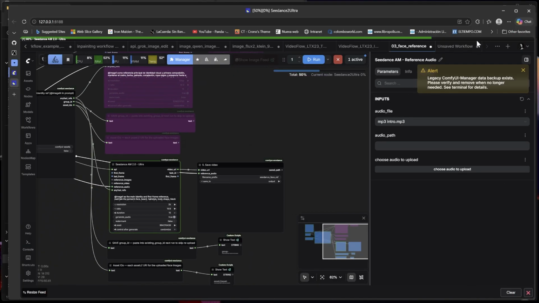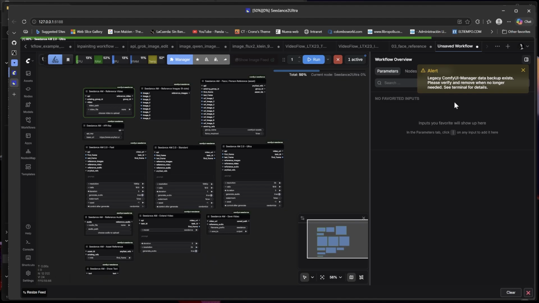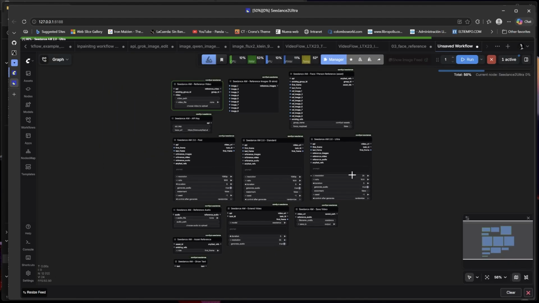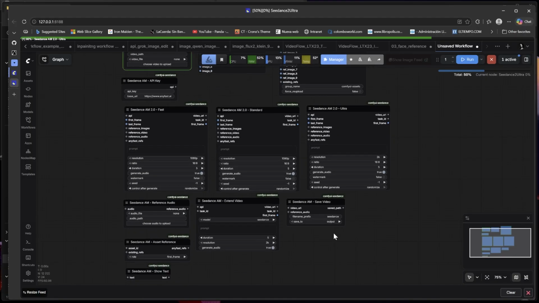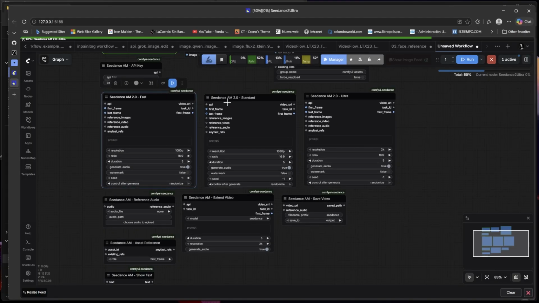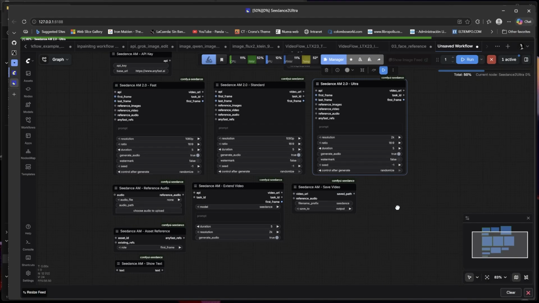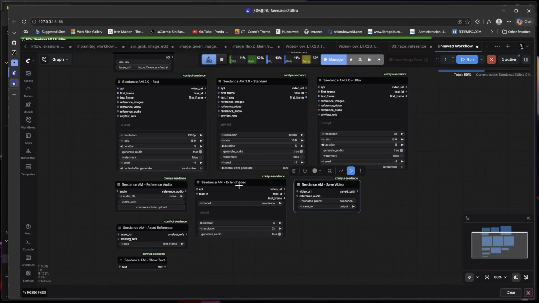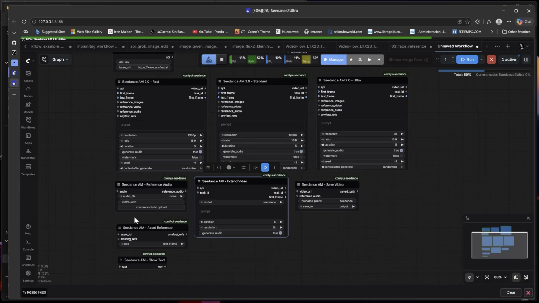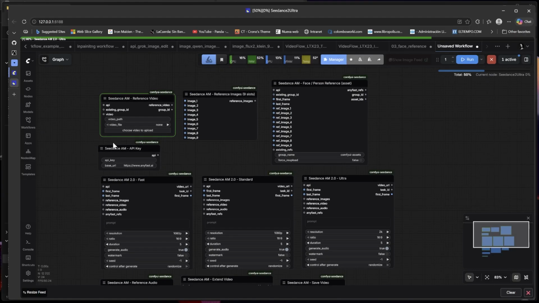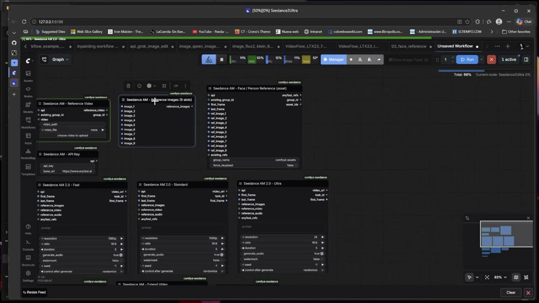At some point, for example, let me put here the notes. Let me close this here. For example, here is the collection of nodes that we have: the fast, that is provided for AnyFast, the standard, and the ultra. The ultra is the 2K native. We have the save video node. We have also extend video, something that I didn't try, but I implemented from the documentation of AnyFast. We have the reference audio. We have the video reference as well. We have the API key node, and we have reference when you don't have any kind of a